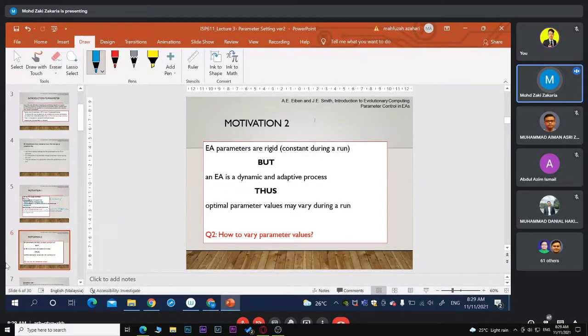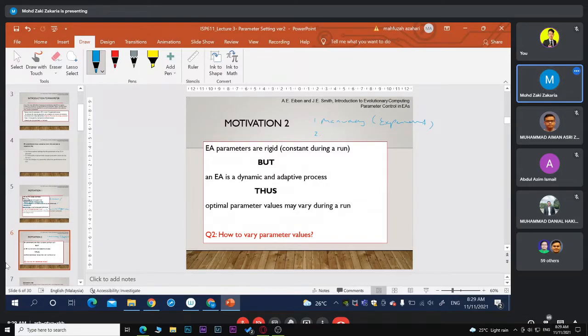Okay, manually means experiment. And then second, we can ask the computer to find the best value of the parameter